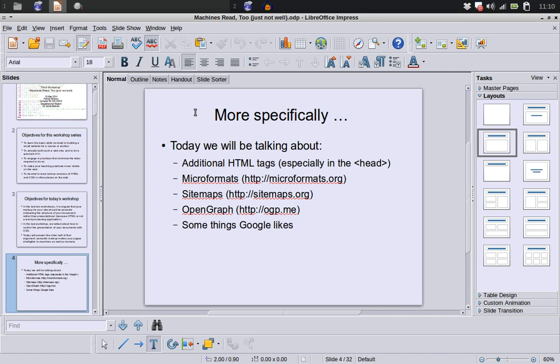One of those is there's some additional tags that I've kind of glossed over that you can use, particularly for the heading of your document. You may recall that I said in the first workshop that the standard for how HTML documents are parsed requires only one thing in the header tag, which is a document title. And that's the document title that's usually displayed in the title bar of the web browser. But there's a number of things that you can put in there that aren't displayed to users that you can think of productively as hints for machines that are processing. Some other